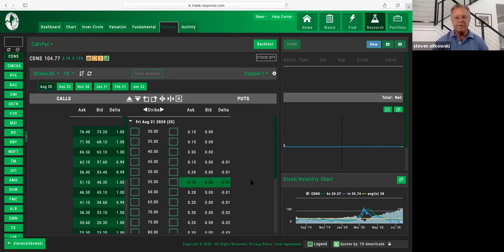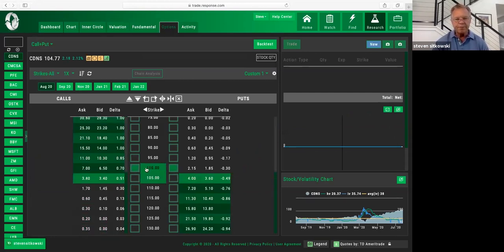Calls are on the left-hand side. So I'm going to look for something around, well, if I go to the 95, that has a delta of 0.85. So here's what it means. Statistically, based on the Black-Scholes model, there is roughly an 85% chance that this stock will be at 95 or higher, which is what I want on August 21st. So if I were to short that,